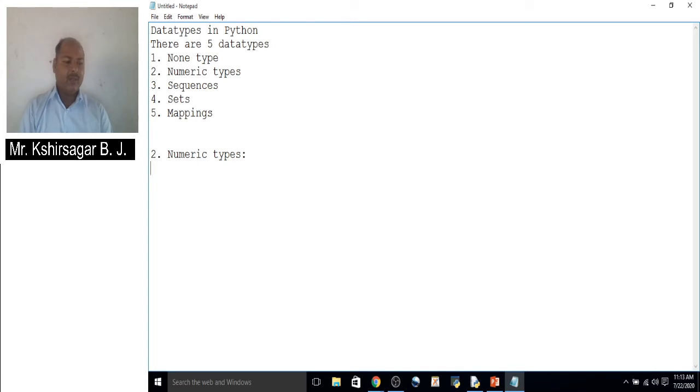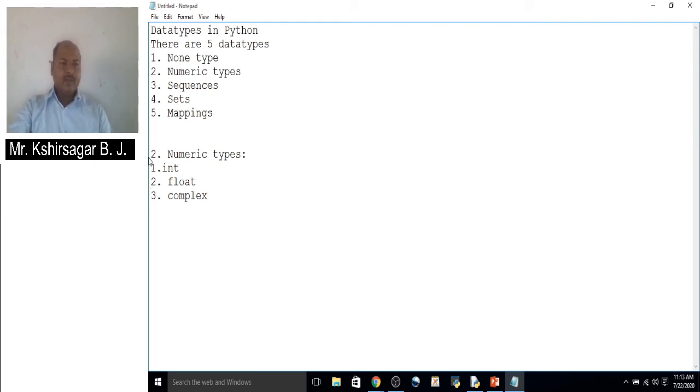Similarly, inside Python the numeric type has three kinds. The first is int, the second is float, and the third is complex. These are the three types of numeric types in Python.